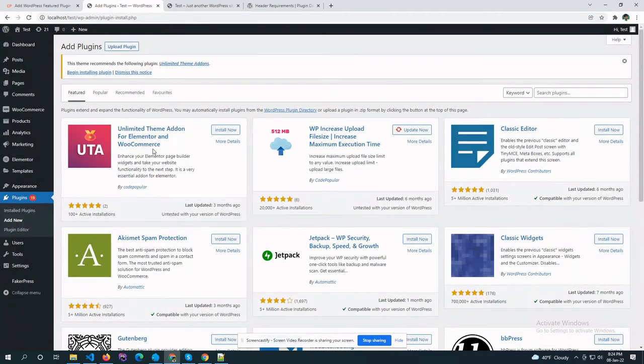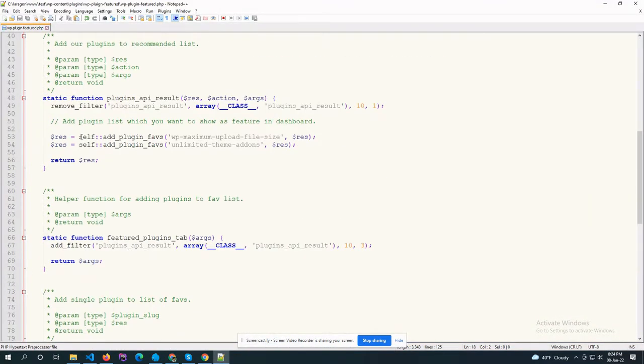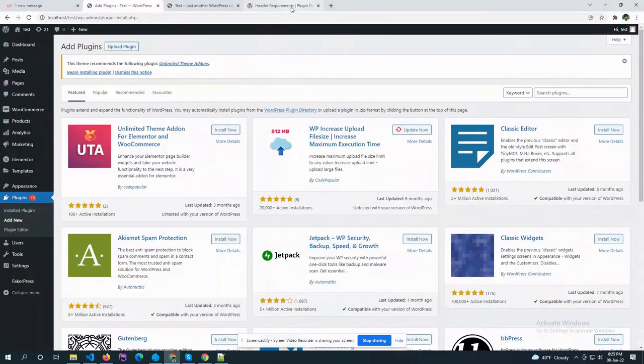Okay, you can see that two new plugins are added in the featured list, with exactly the same URLs as these. You can change the plugin slug according to your need. Now I will search for a new plugin.